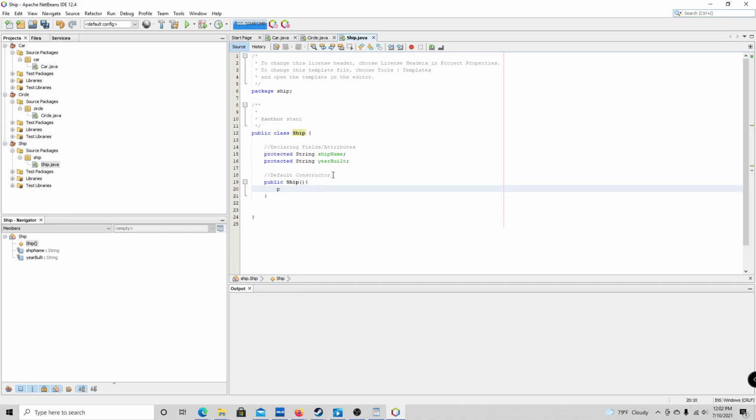So we do public Ship. This is, hold on, this is a default constructor, and we need a custom one. I'll call it a custom constructor, or a constructor with arguments, right? I'm going to just call it custom, because it is custom. So, of course, you want to leave some space. Custom, I'll create public Ship,